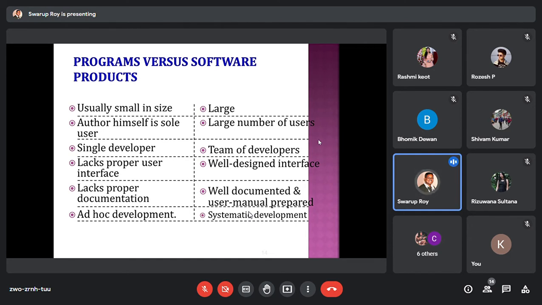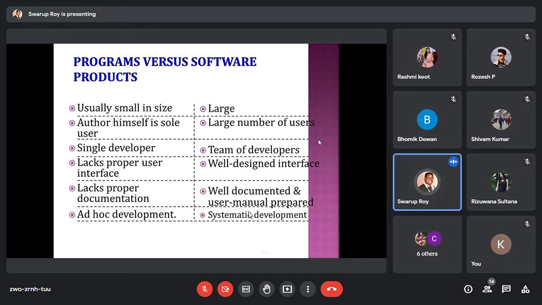But in the case of software products, it's not meant for the programmers, it's for the users. And users are of different levels. It's not necessary that the user will know everything, or be very familiar with systems and computers.